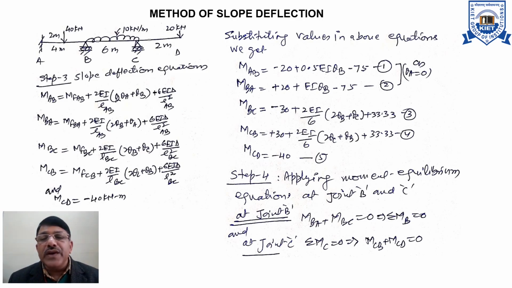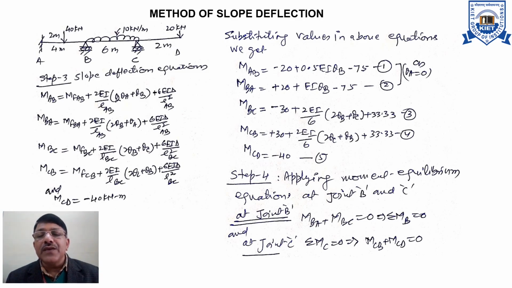Step 1, assume the fixed ends as fixed, then find out the fixed end moment, and find out any kind of sinking of support if it is there, and the moments due to that sinking of support. Add the two moments, and then finally place them in the relationship of M1, M2 and M3 to generate the slope deflection equation. Place the values known to us, and find out the final version of the equations. Now we are going to solve these equations.